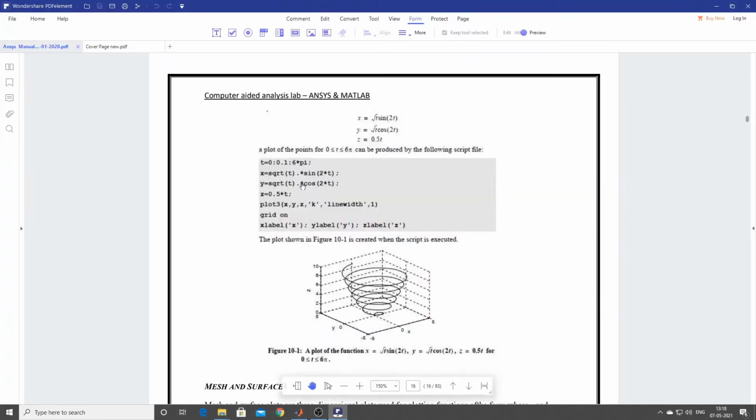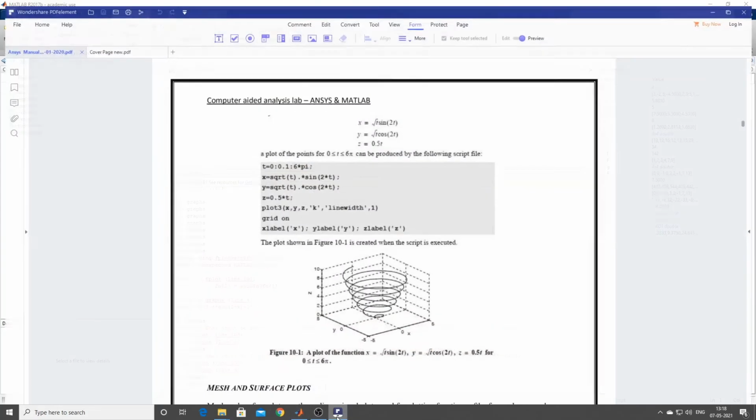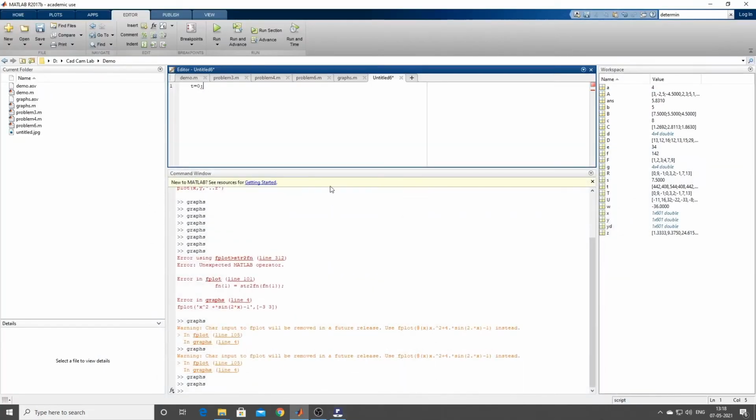Say t, I have varied from 0 to 6 pi. So t equal to 0 is to 0.1 is to 6 into pi.